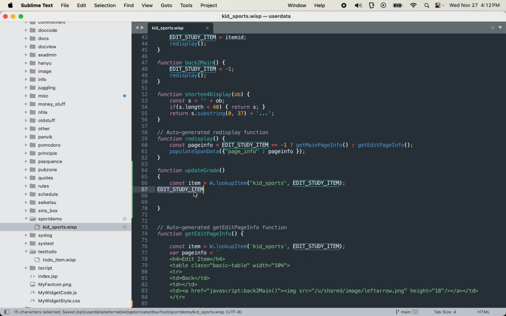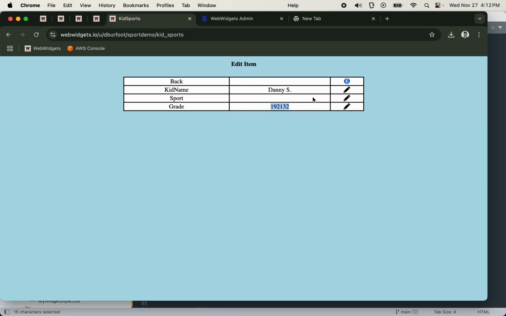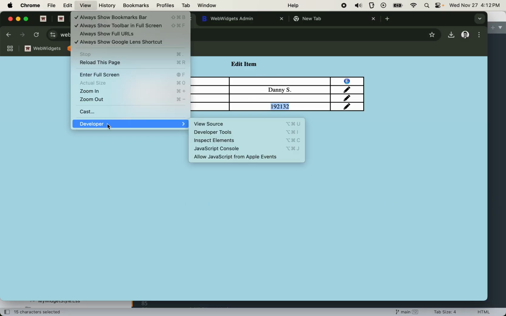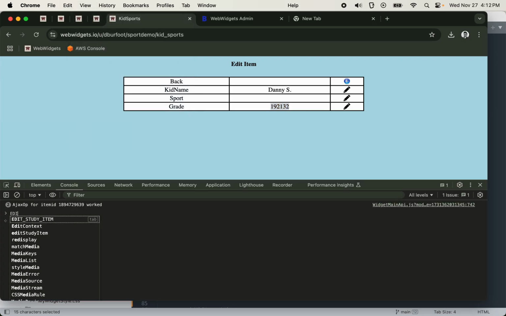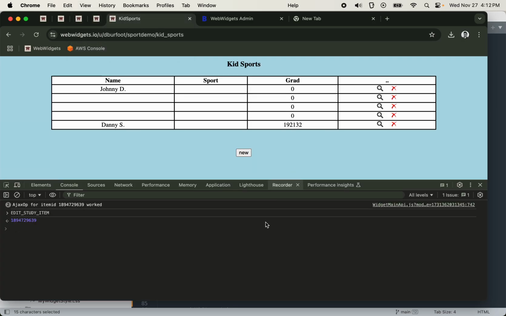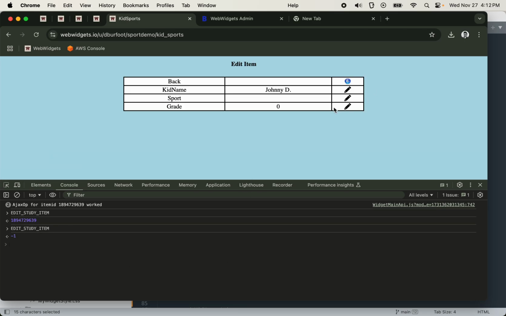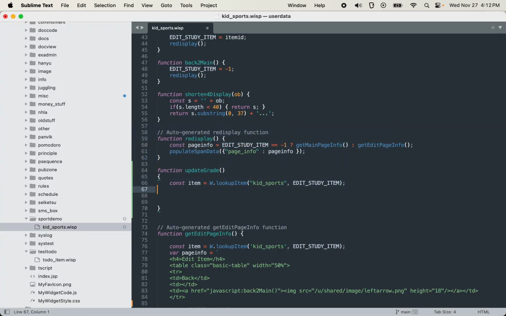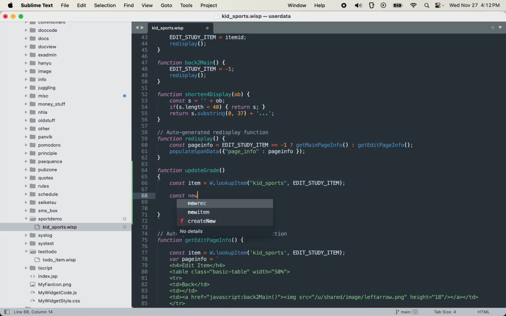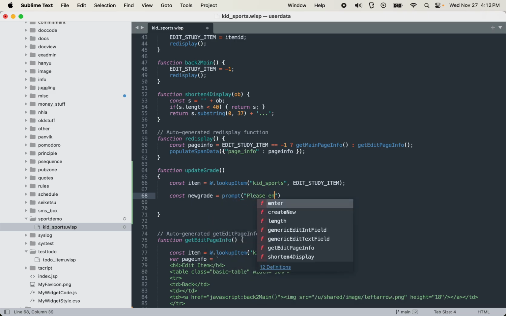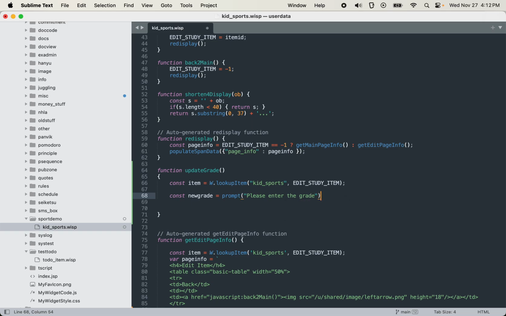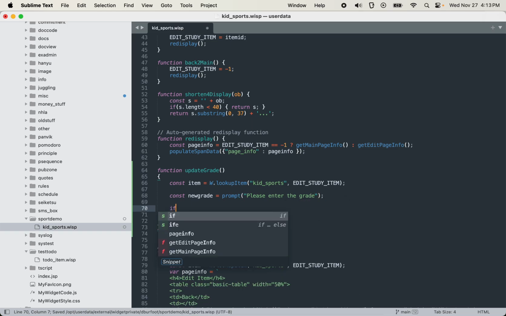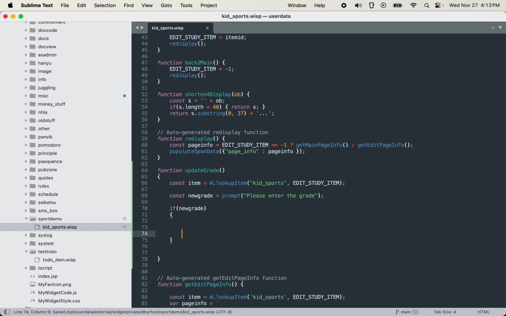Edit study item is just, when we're in this edit view, we've got an edit study item. When we go back to the main view, edit study item is just -1. So it's just the ID of the record we're looking at. And I'll say const newGrade equals prompt, "Please enter the grade." And I'll say if newGrade